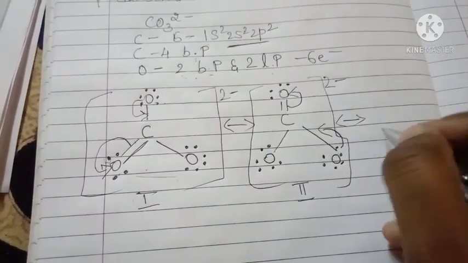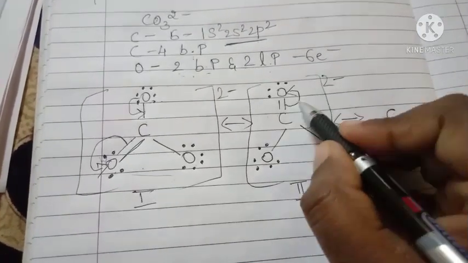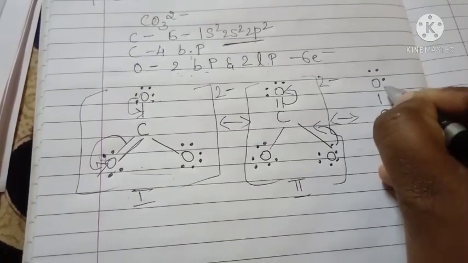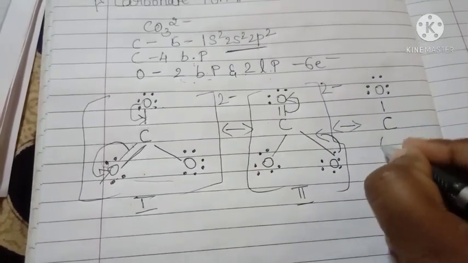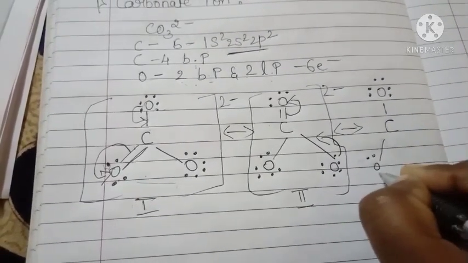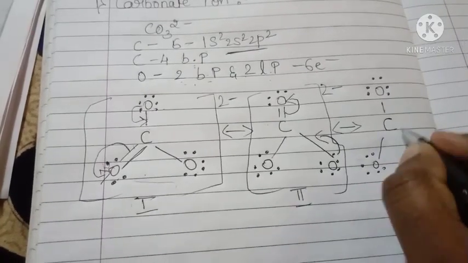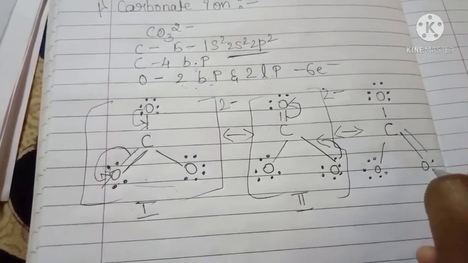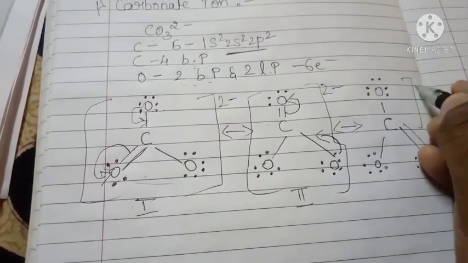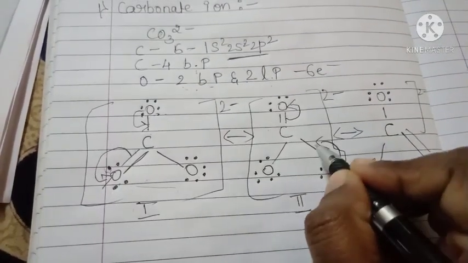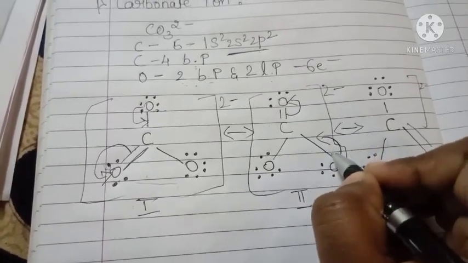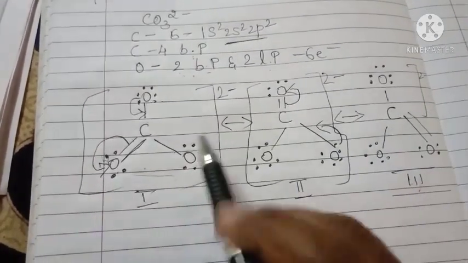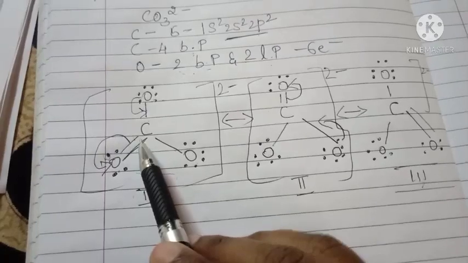Okay, then the possible structure is C. Here this bond will go to the lone pair, so this oxygen atom contains 3 lone pairs of electrons, and this oxygen is the same as it is, you have to write. Then this oxygen contains a double bond O and 2 lone pairs. This has 2 minus because this lone pair should be converted to bond pair. Okay, these are the 3 possible resonating structures. Here you have to observe how many bond pairs are present.